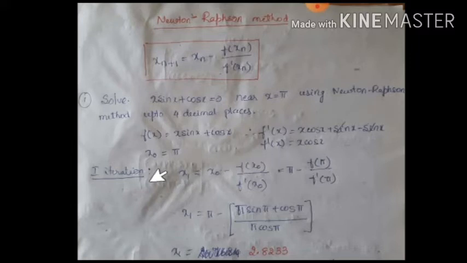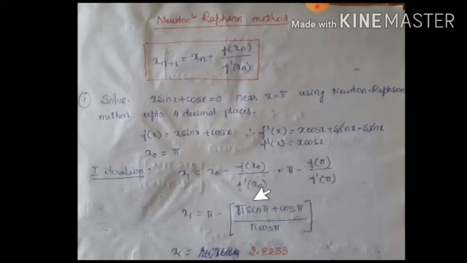Now in step by step we need to find out the root of the given transcendental equation. So first iteration means we start with in general formula n equal to 0. So x1 equal to x naught minus f of x naught, n equal to 0 we need to substitute, divided by f dash of x naught. What is the given initial value of x? They have given it as pi, minus f of pi divided by f dash of pi.